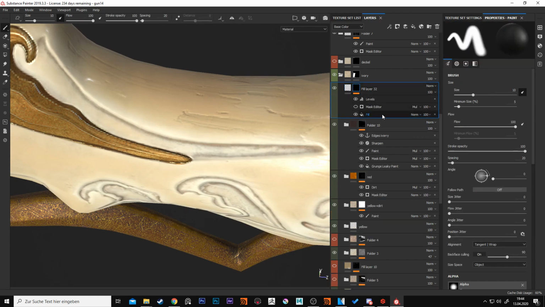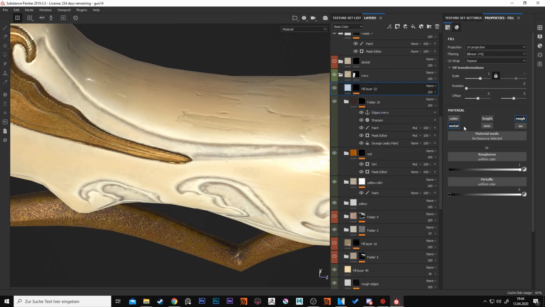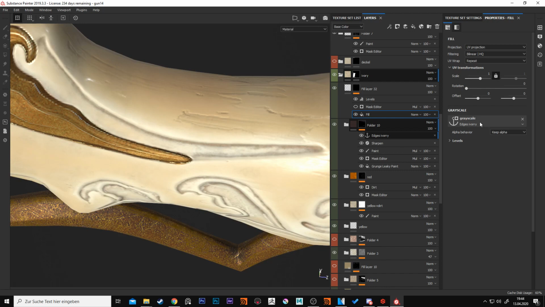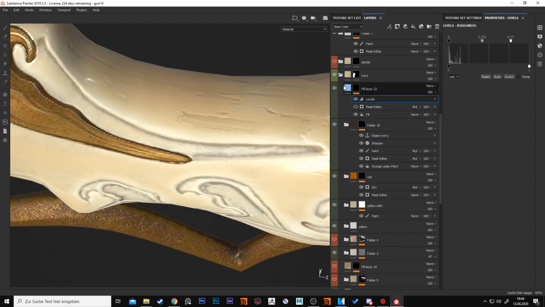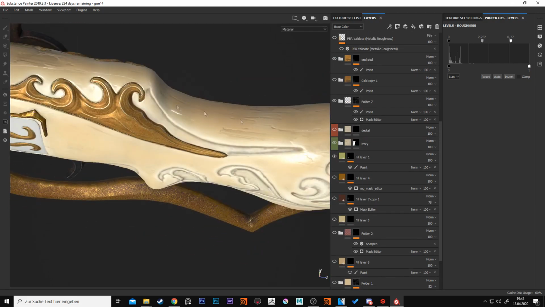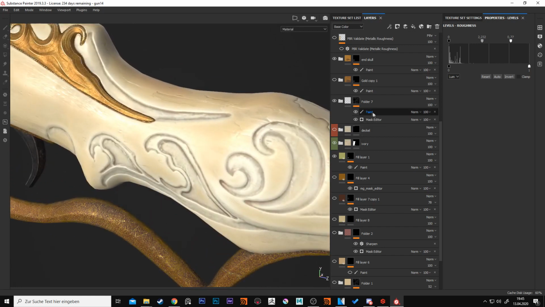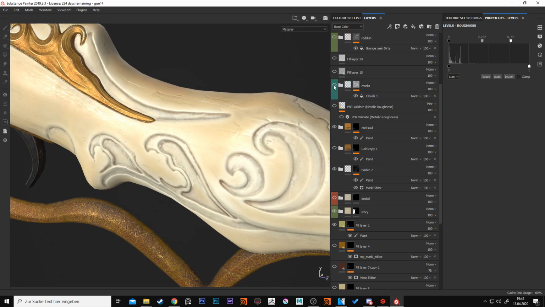So I just created a fill layer with the roughness and metallic. And in the mask itself is a fill layer which gets a connection with this anchor point. And then I have a levels node for the roughness as well. So this is the base material for the ivory, and I created cracks as well, which is here,